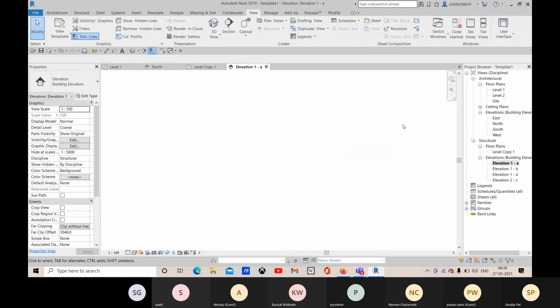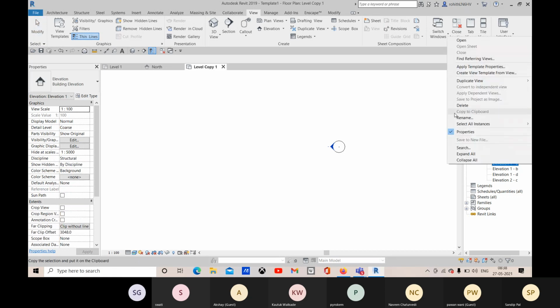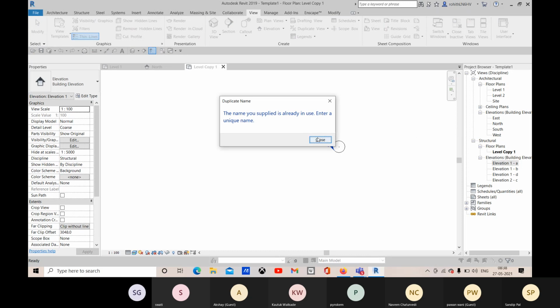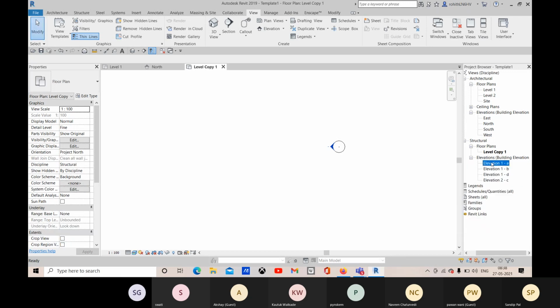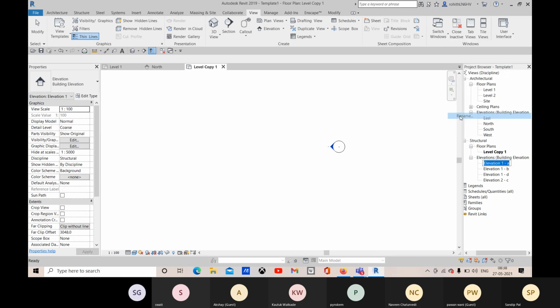All right. So in this elevation, no such levels are created. So this is totally a new view. You need to create your levels as well. So this elevation 1A is there, so you need to rename it. So name it East, enter. For this structural, we need to name it East structural.